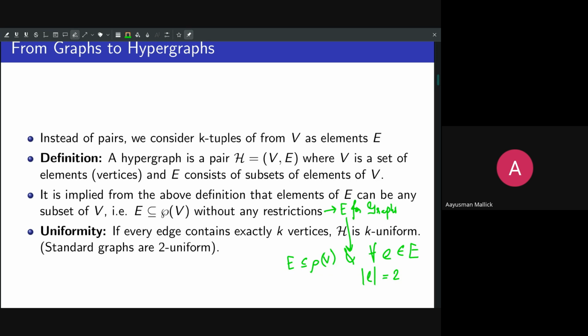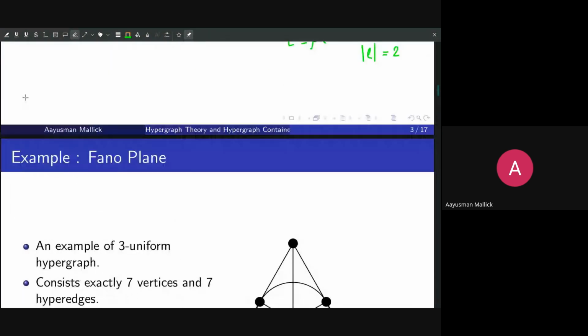And from this uniformity, we can surely imply that all the standard graphs, or graphs as we say it, are nothing but two-uniform hypergraphs, or graphs are a special subset of hypergraphs. Now,